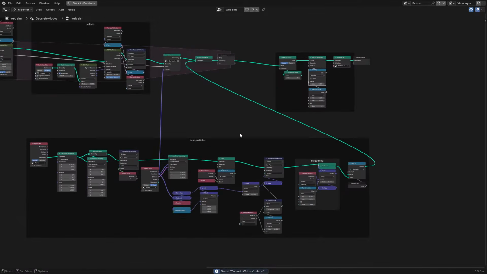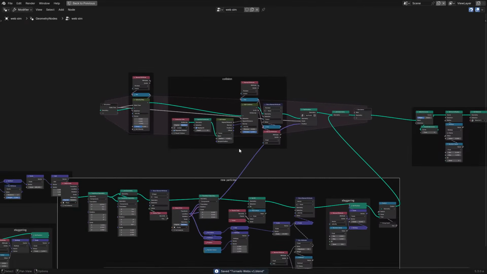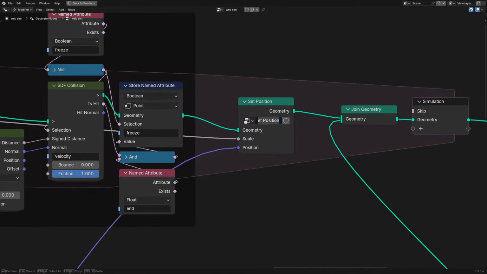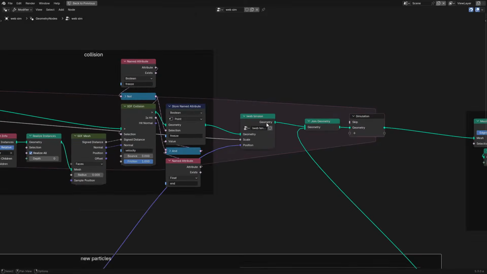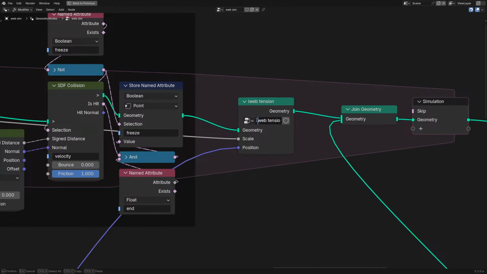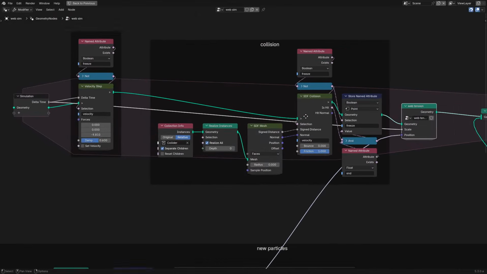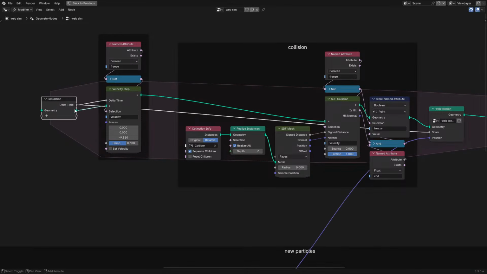Alright, new particles, we have the collision. And this needs to be the web tension. How do you spell tension again? I think it's like that. Web. Go, so there's that. There's the delta time, which